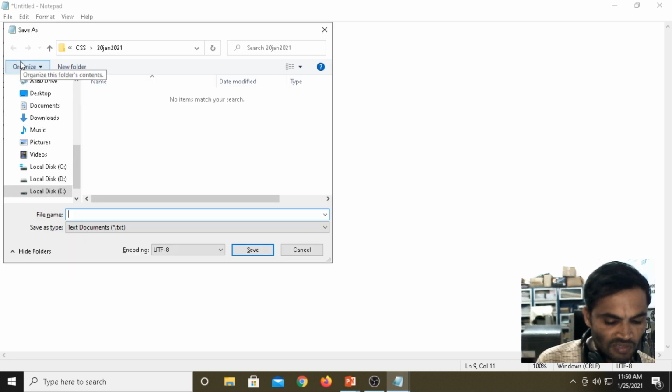Then we are saving the file as test schema xsd.xml.